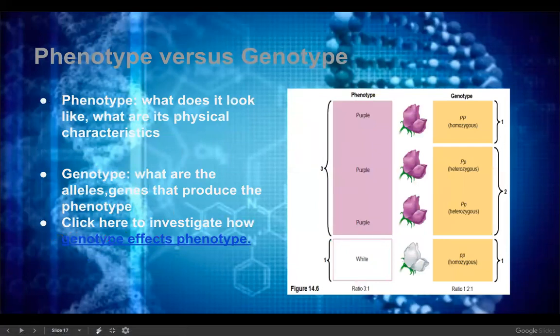Phenotype, what it looks like. Okay, again, it could be the shape, the color, how tall it is. Does it have hair, not hair? Those are all things that you can actually witness and see. So that's your phenotypes. Genotypes, or what are they actually made of? So a purple can be a homozygous purple, where you would have two capitals. It could be one of those heterozygous purples where you have one of each. And the capital P is the dominant trait. It's purple and it hides the white recessive trait. Or you can have a white flower, that's its phenotype, with a genotype of two lowercase p's.